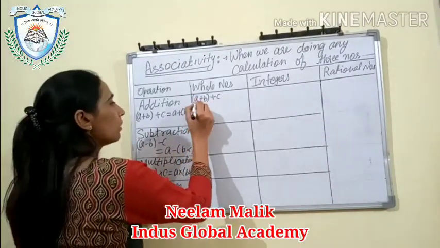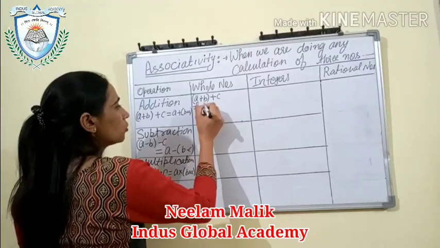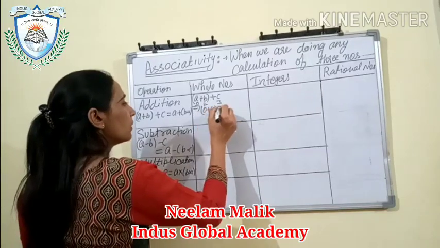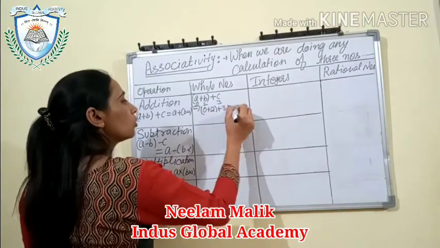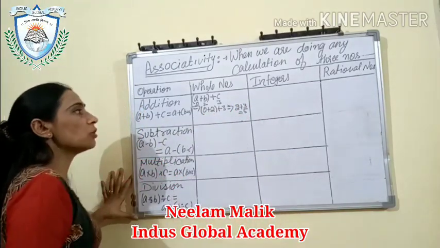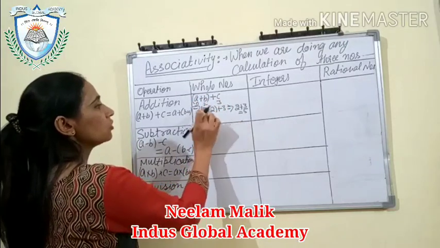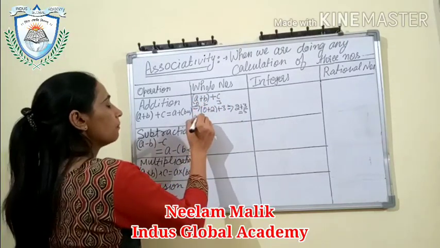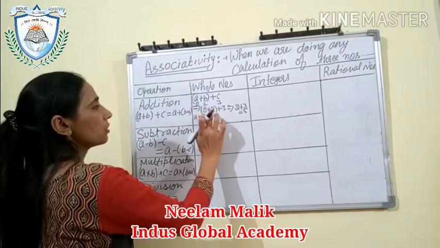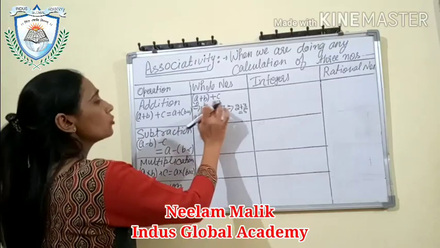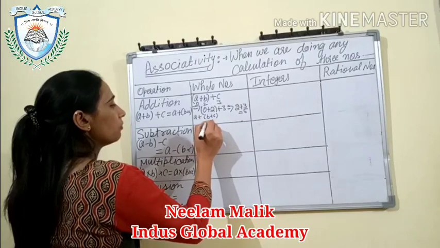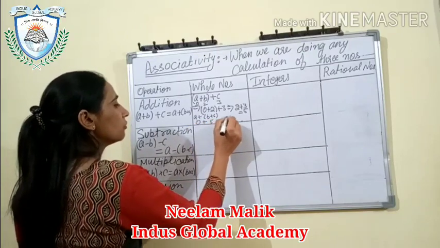So suppose I'm having 0 as a, 2 as b and 3 as c. First I'm adding 0 plus 2 then plus 3. So what I'll get, 2 plus 3 is equal to 5. If I change the order, means first I will add b and c, you can say a plus within bracket b plus c. If you are adding b plus c first, what is b plus c? 2 plus 3, it will be 5, plus a is 0. So still it is 5.